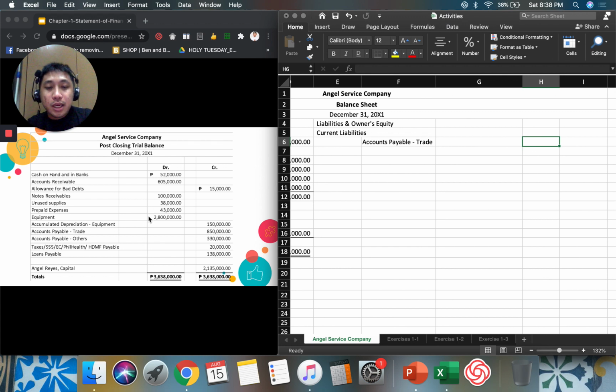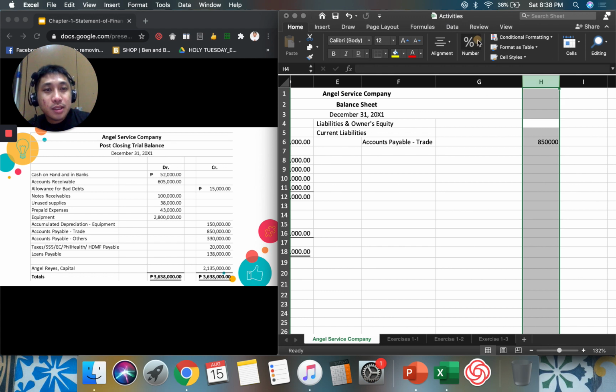That's 850,000 pesos. Sabi ko nga, pag di pa naka-format, gusto nyo lahat minsanan, highlight nyo lang yung row,